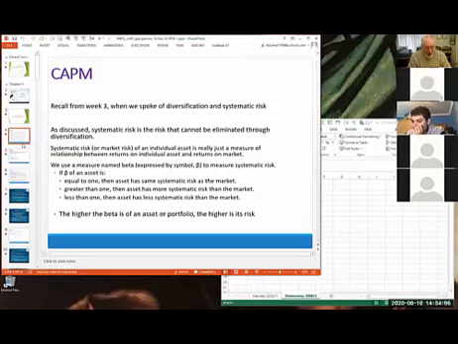And what we say is that the beta of the market, the share market, the basket of shares that is just the market, is going to be assigned a beta of 1. And so we work out the historical variance over the last 10 years of how that basket of shares has performed, good years, bad years, and so on. We average them all out, work out what that variance is by using the mathematics we gave you a couple of weeks ago, and then we scale that back to 1.